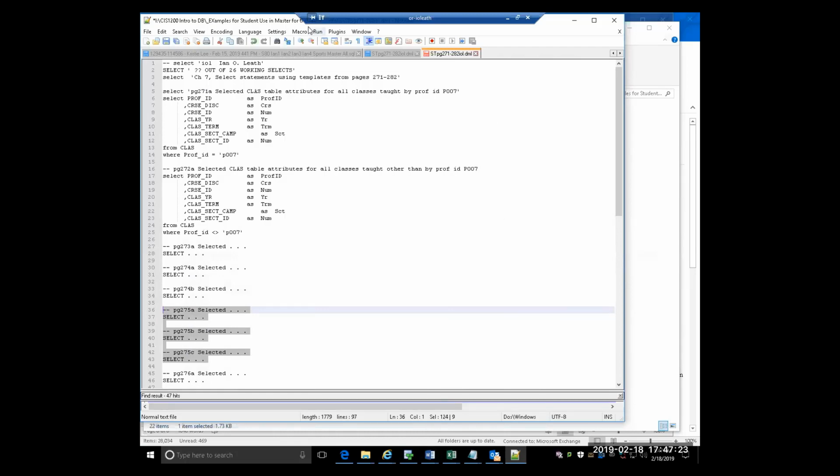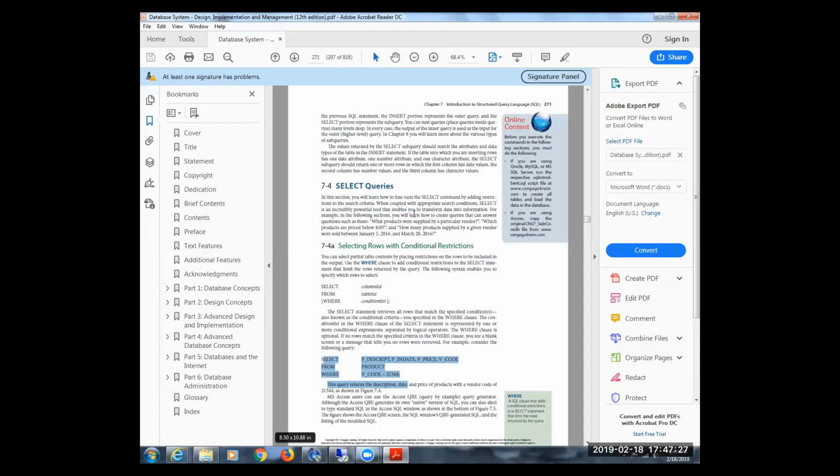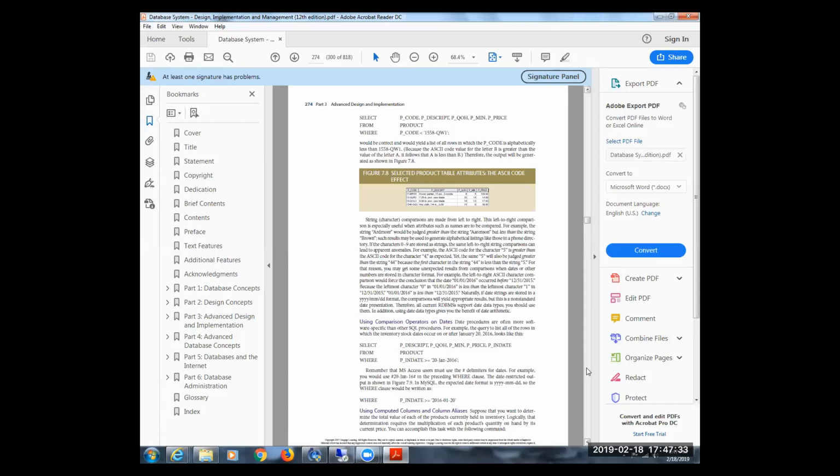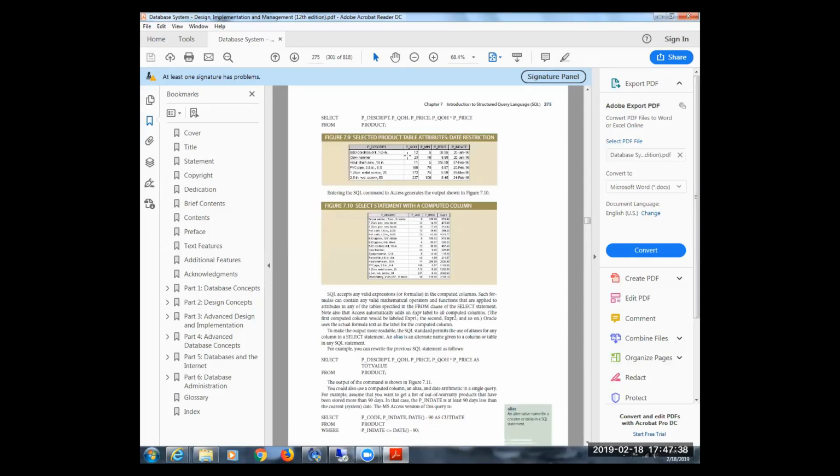So this is what I mean. If we go to page 273 or 4, now that we're at 4, you can see, well, here's 275. Here's a select, here's a select, here's a select. So you're going to need to come up with an example that has a, when you read the verbiage, you'll